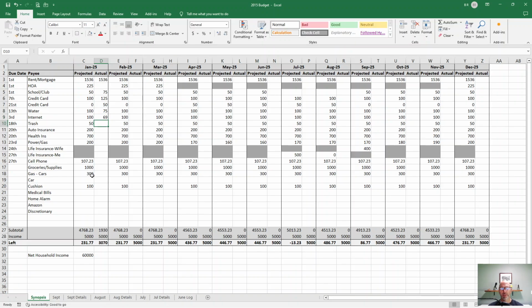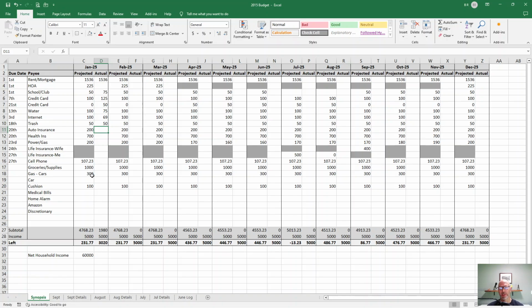Trash is going to be a pretty fixed fee, so your fixed fee there would be that. Auto insurance is something that people should be shopping around for very frequently, at least once every 12 months, because those rates go up and they go down, especially if you've had a major event. I did get a